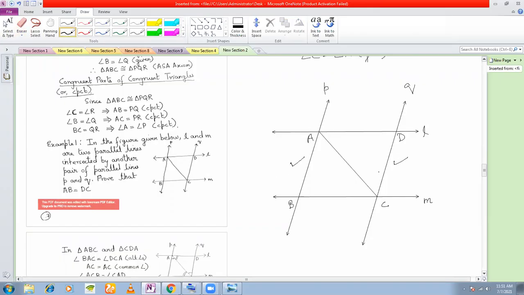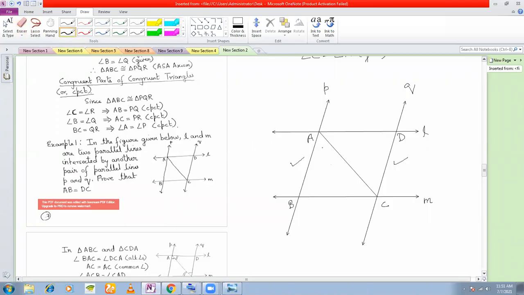Now, very clearly, if you observe, from the question you have to identify the triangles that you need to prove congruent. So from the question, it is evident that AB is the side of this triangle and DC is the side of this triangle, right? That means these two are the only triangles that we need to prove congruent. So let's see how to prove congruency.